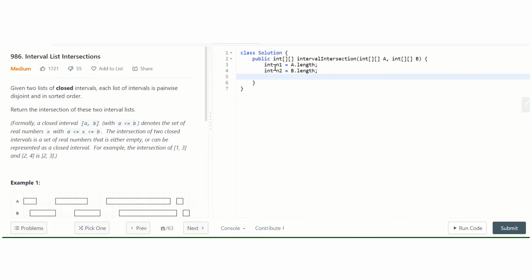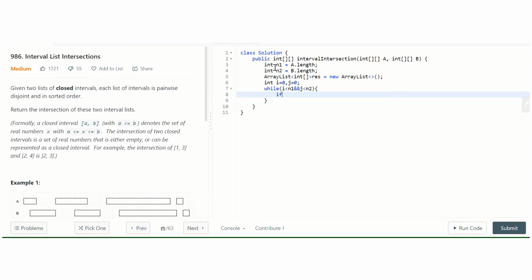For the time being let's take an ArrayList of integer arrays and name it result, new ArrayList. Let's set variable i equal to 0 and j equal to 0, and loop while i is less than n1 and j is less than n2.